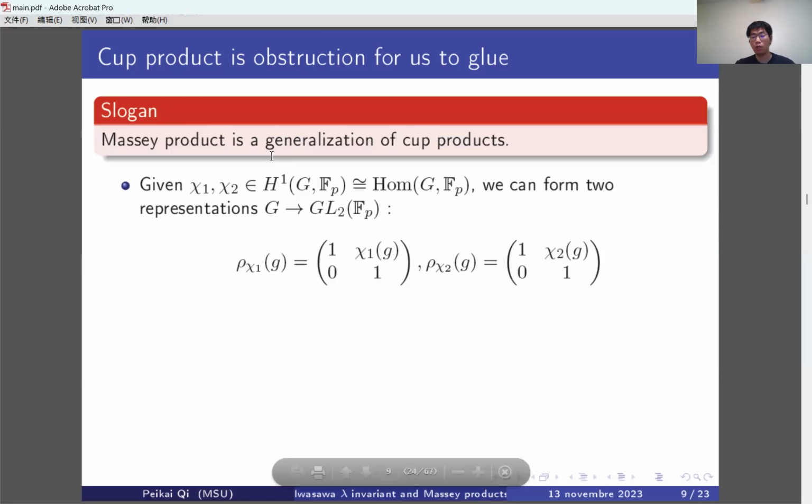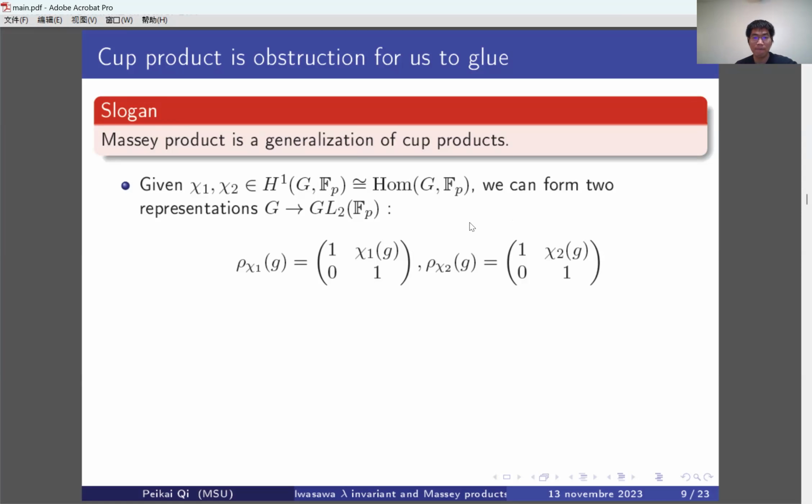So now our goal is to generalize the cup products. There are two ways to generalize. Here we introduce the first one, the Massey product. We think the Massey product is a generalization of the cup product. Here I didn't give the definition of Massey products. I just give the motivation, a reason why we think the Massey product is a